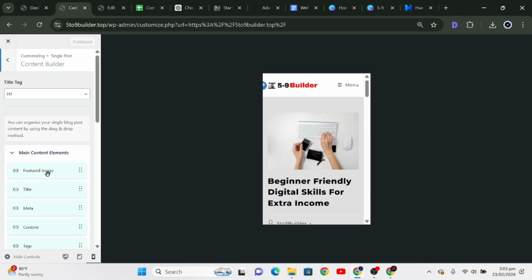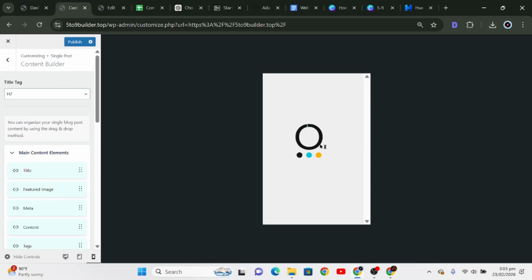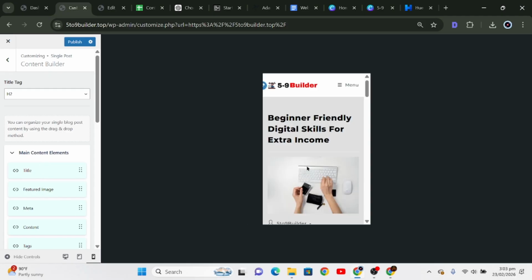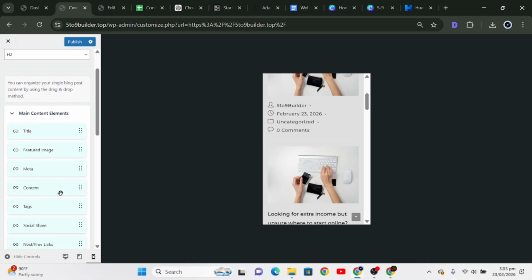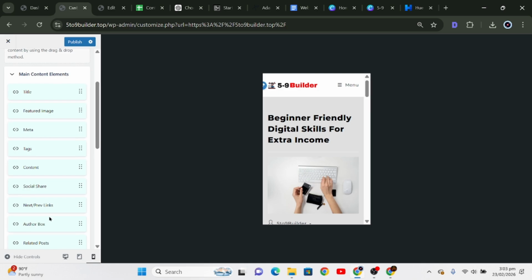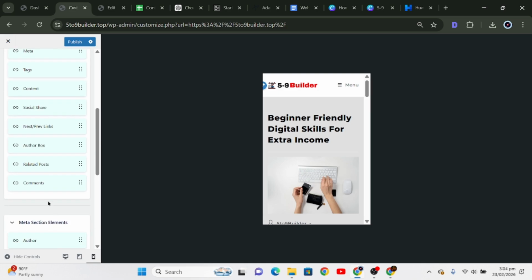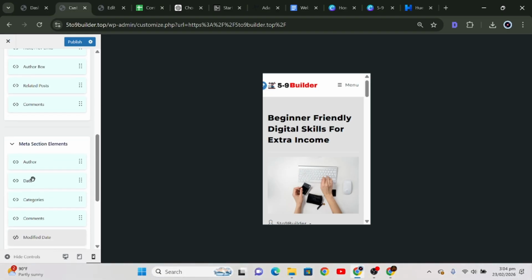Okay, so the title should come first. As you can see, the picture is up, and the image is down. Yes, so it's supposed to be like this. And then you come to meta. This is the meta, and then you come to the content. No, it's supposed to be for meta. You go to the tags, and then social share. Yes. Okay. Now when it comes to the meta,